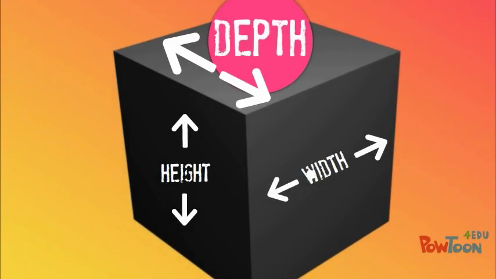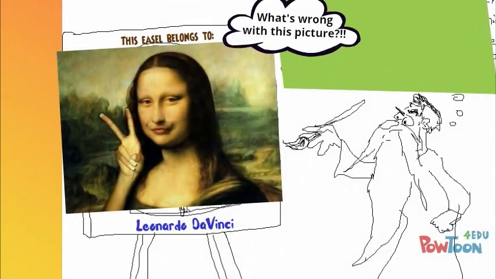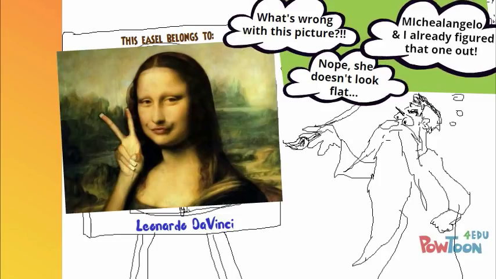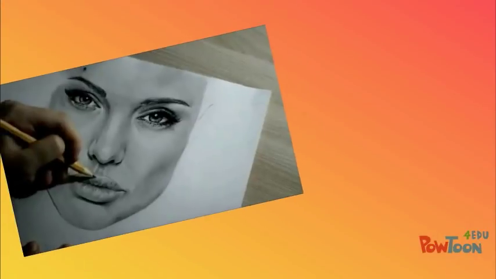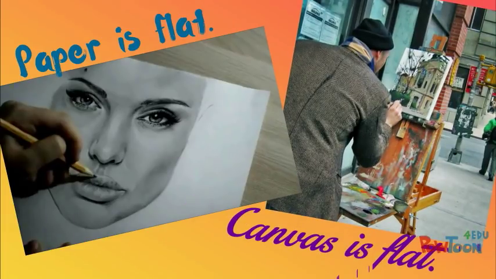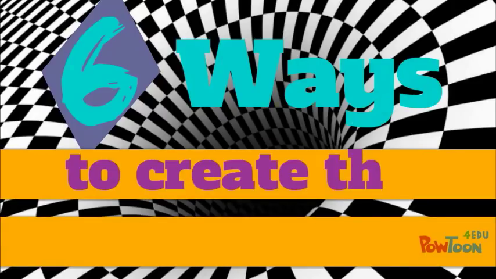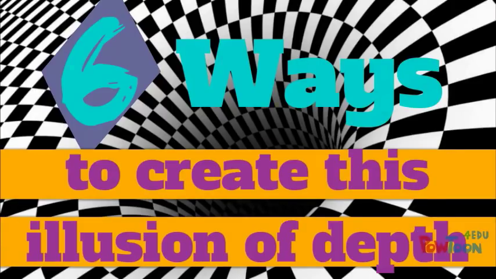Depth is another kind of space that we identify in art. Depth is that third dimension in objects. Artists have developed methods that give them a way to portray depth on the flat surfaces of their two-dimensional artwork, which has no physical depth, like a drawing on a sheet of paper or a painting on a canvas. The 6 ways to create this illusion of depth are: